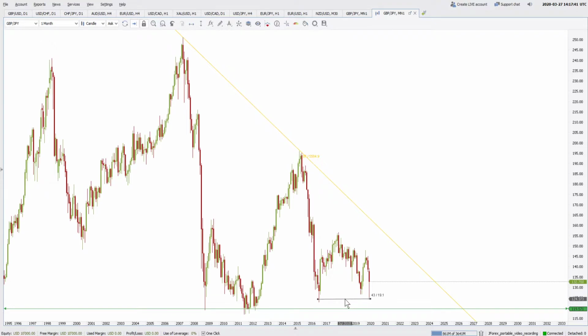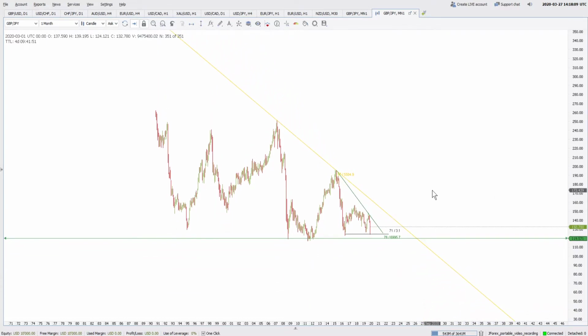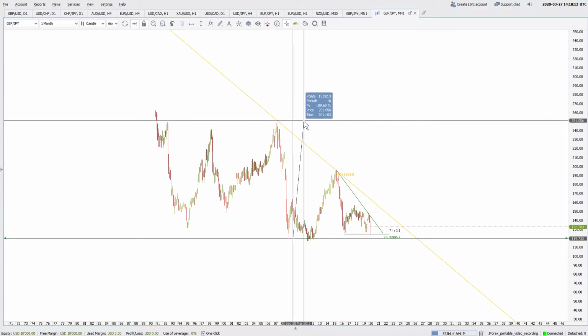Okay, do you see this one? There is one more triangle formation here. So if this triangle breaks on the downside, then what happens? And this is a monthly chart. There are two different descending triangles. Now if the bigger one has to break on the downside, then the possible range is